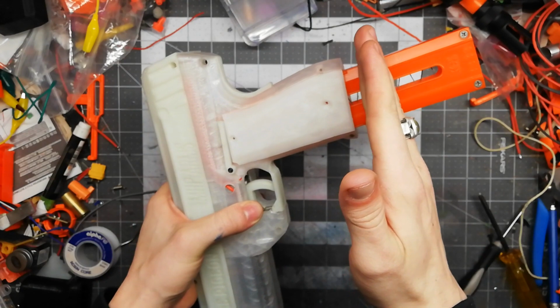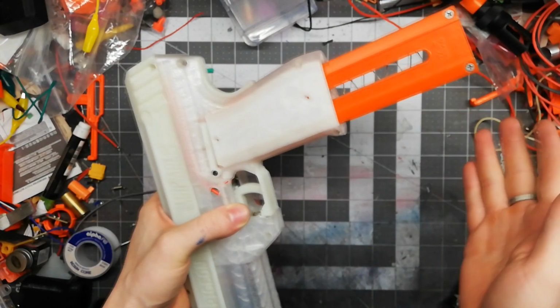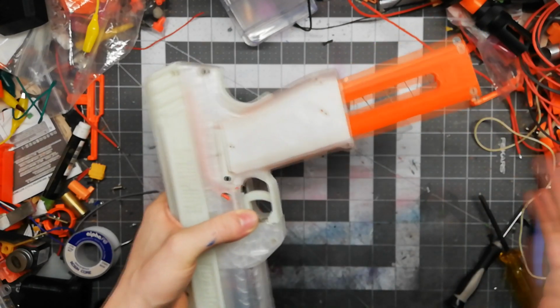The Kotobu Pigeon, is it Kotobu? Well, the Pigeon Pecker mags, based on the Kotobu design, are 7 shots, I think, is the capacity, if I remember correctly, but...